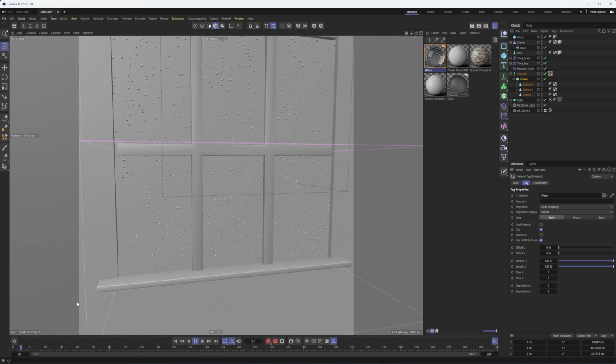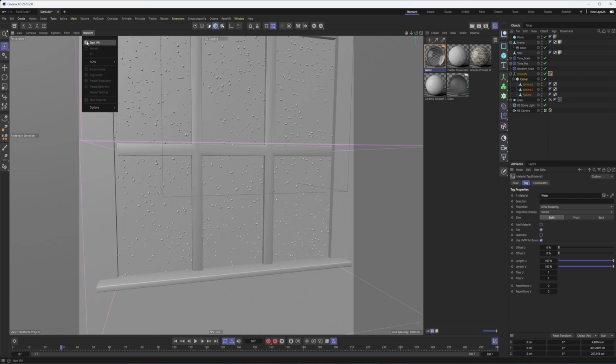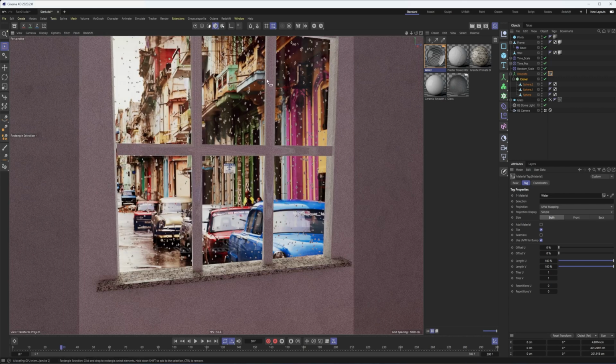Now I try to do my best to avoid it, but we are getting some slow playback, at least on my machine. But if we want to see what we're getting, then this is what we need to do. Oh, does my frame not go to the edge there? I could always move that out. But all right, let's see what we get with that. See if we can see some of these streaks.